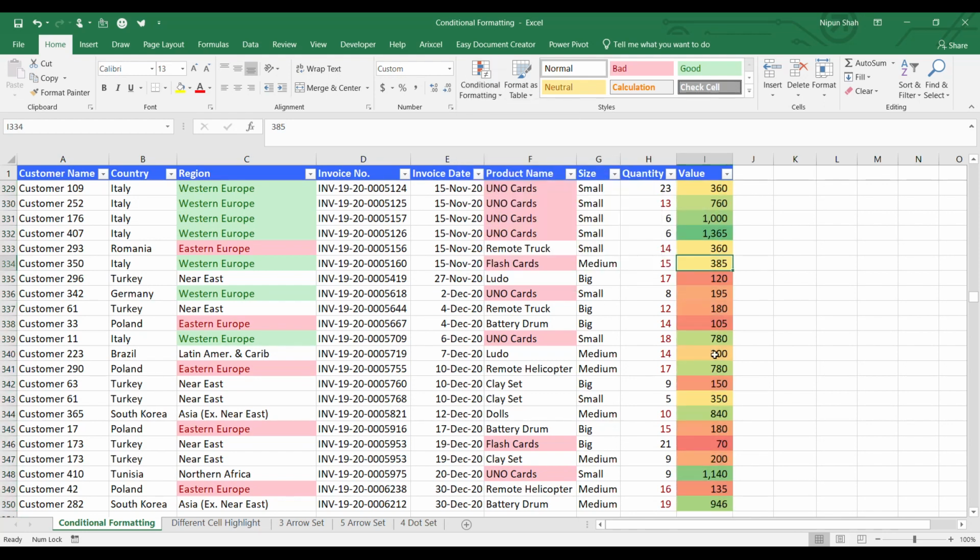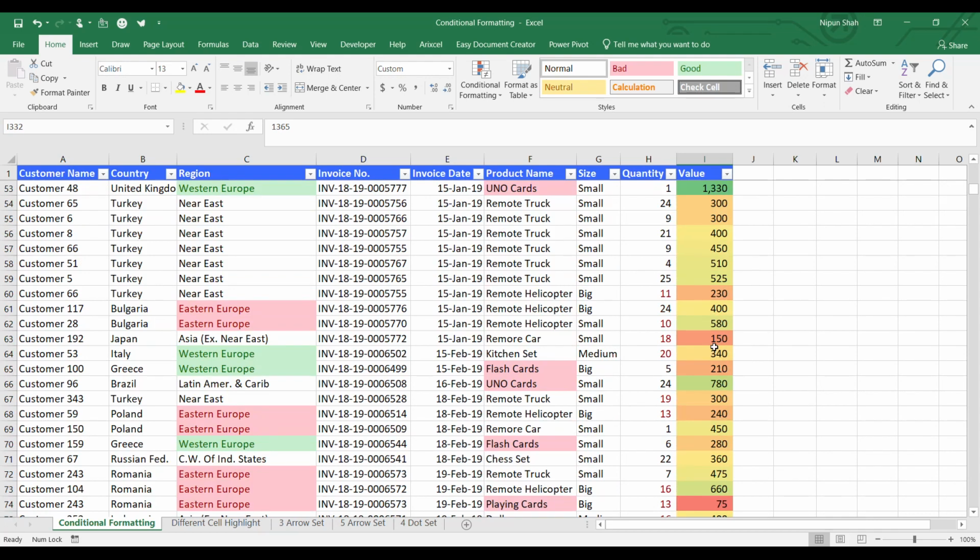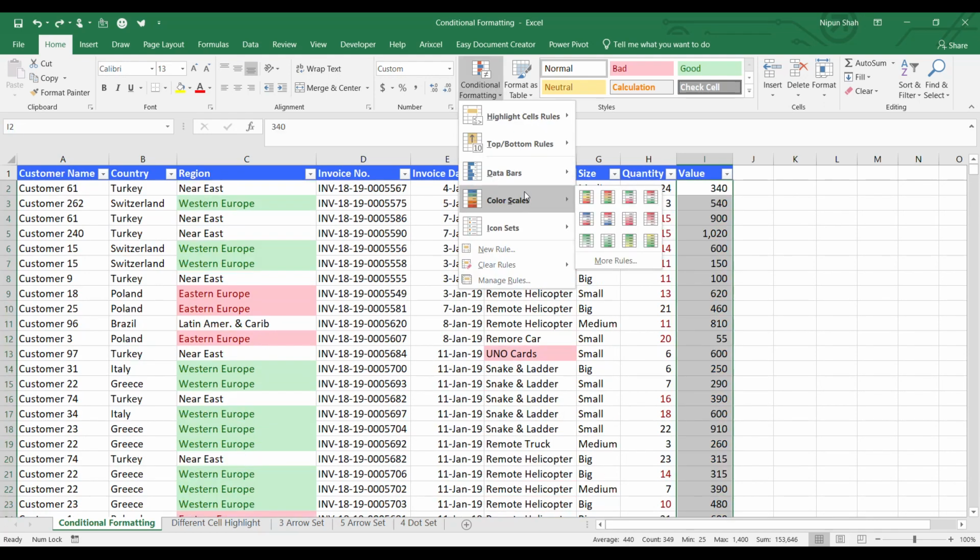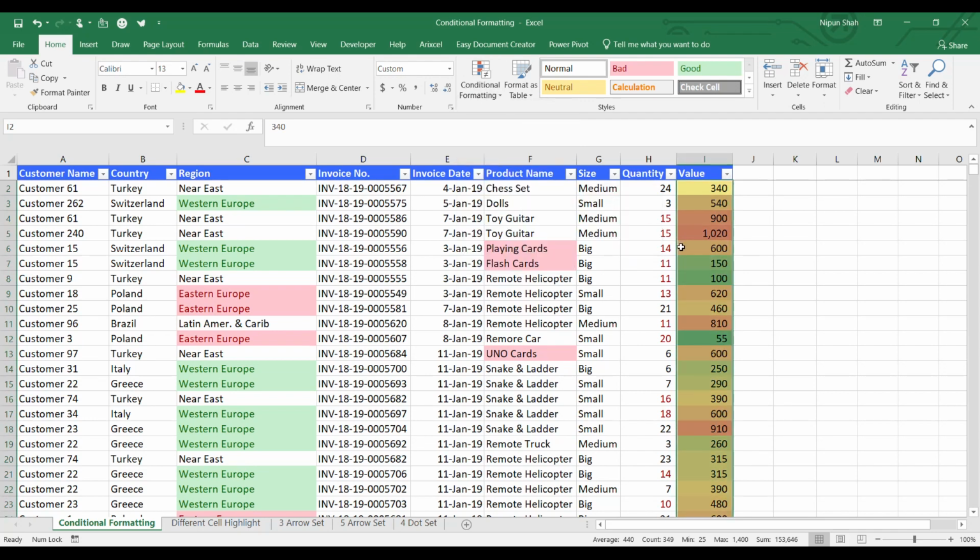So here Excel shades the cell with the lowest value as red and the highest value as green, and the rest of the cell colors are in between red and green based on the values they contain. You can select red to green also. In this, your highest value is red and the lowest value is green. This type of format you can use where you want to show some error count or the complaint count, where the lower number is better and the higher number is bad.